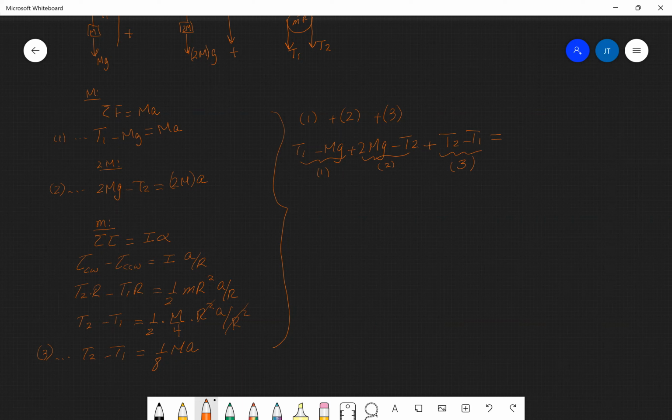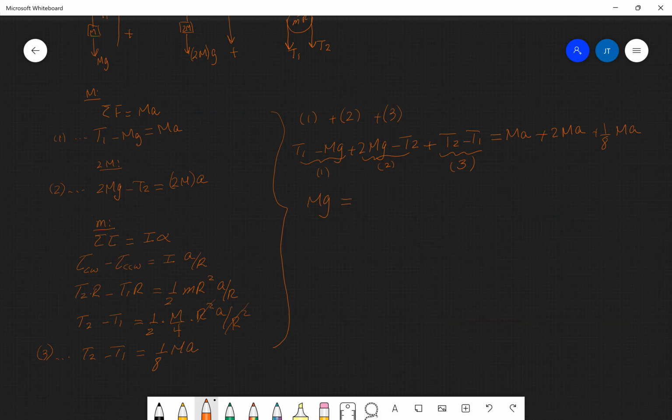Now the right sides are MA for equation 1 plus 2MA for equation 2 plus 1/8 MA for equation 3. As you can see, T1 and T2 cancel out, and 2mg minus mg, I get mg